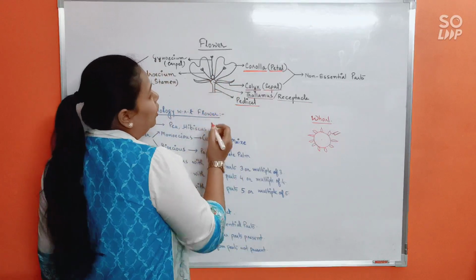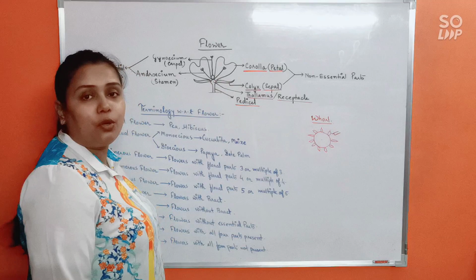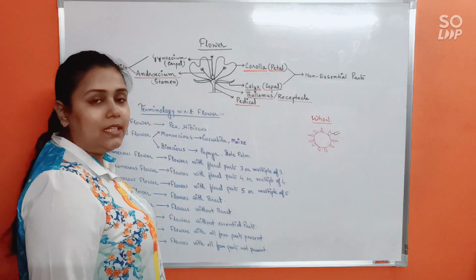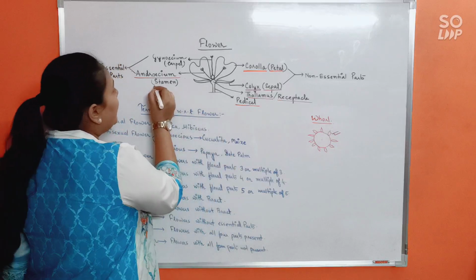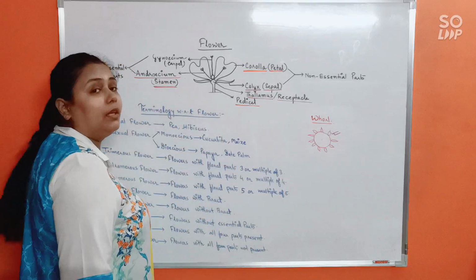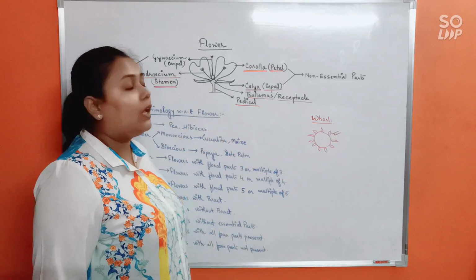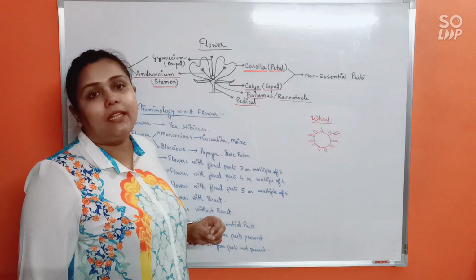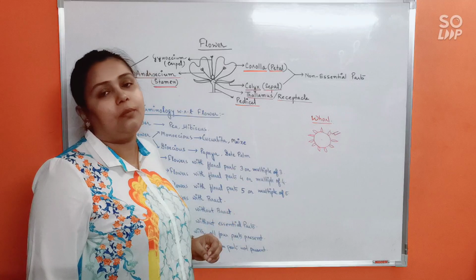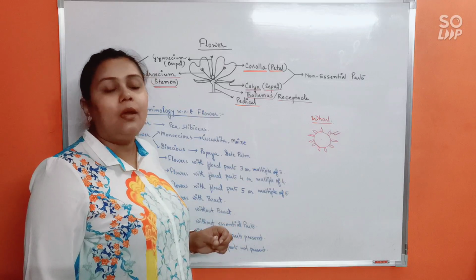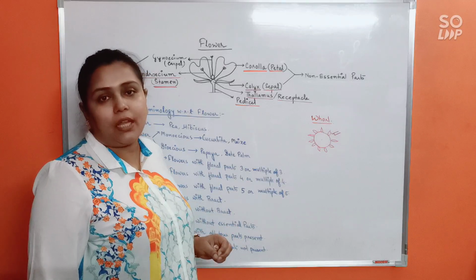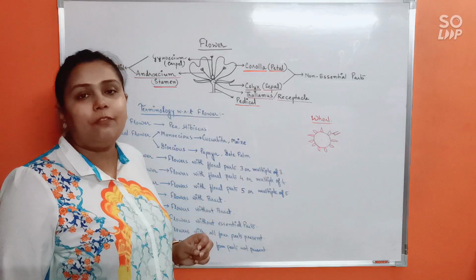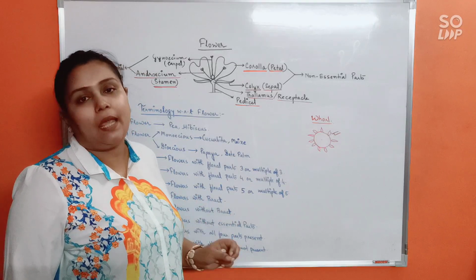Now, moving to the next part that remains internal to the corolla. The next whorl that remains internal to the corolla is the androecium. And it's a whorl made up of the single units called stamen. Alright. Now, the androecium or the stamen is basically the male reproductive unit present in the flower. Why? Because they will be producing the male gamete. Okay, the stamens will be responsible for the production of male gametes.